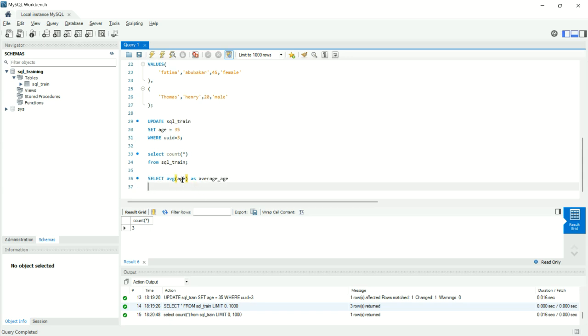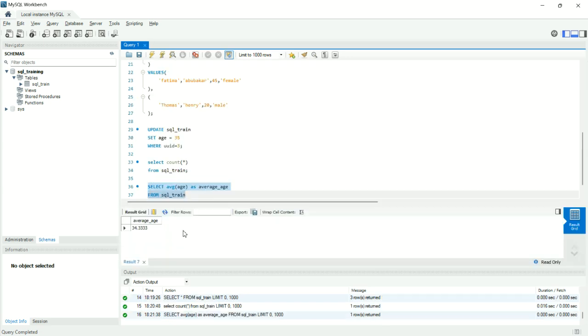So if you want to name a particular aggregate function, or you even want to rename a column, you can actually do that, using the AS syntax and giving it an alias, a pseudonym. So I could run this and it will tell me the average age is